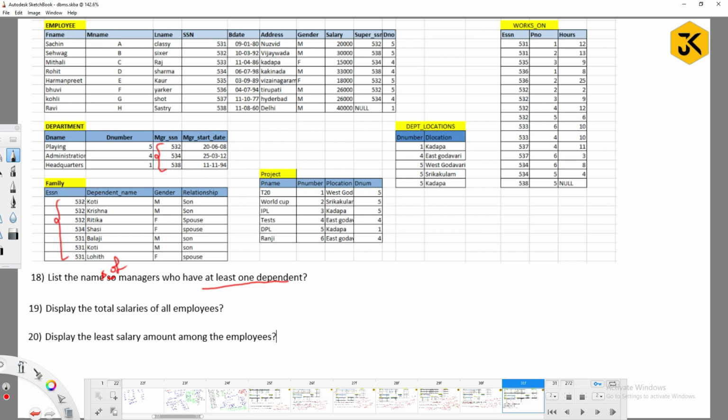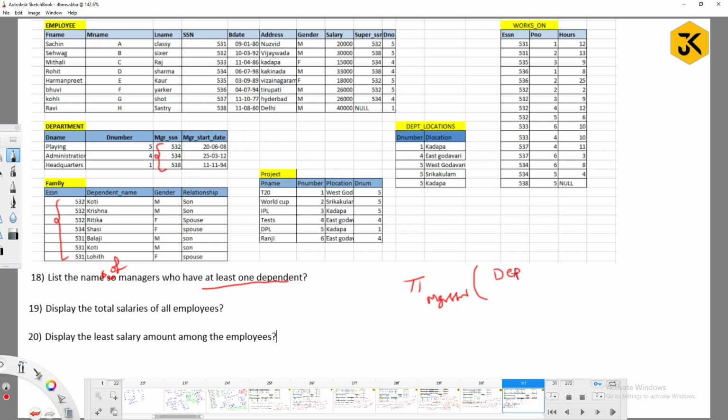If you are able to find out simply with the join operation, what is the meaning of this one? Is it correct or not? Is it okay? I am going to find out all the manager SSNs. From which table am I trying to find out?